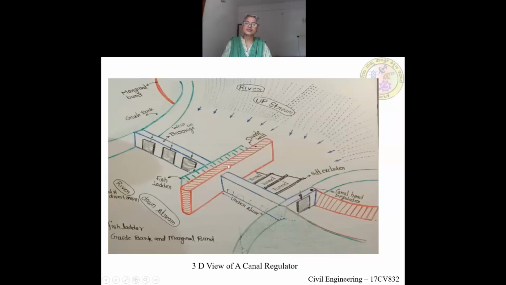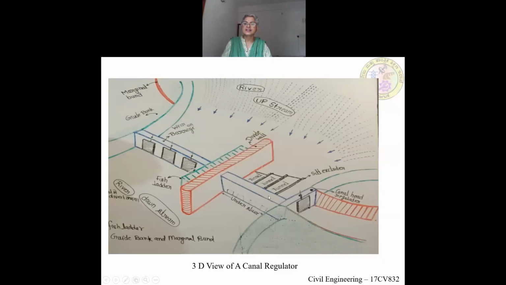And this wall, the red one, is constructed in the direction of flow and is perpendicular to the obstruction wall. This will divide the flow of water. You can see that some part of the water will flow to this zone and some part of the water will flow to that zone. The water which flows into this zone can be let into the downstream side using the gates of the barrage, or it will just overflow over the weir.